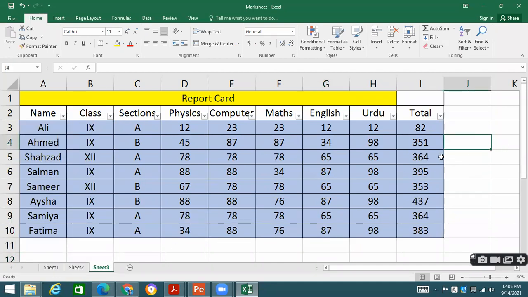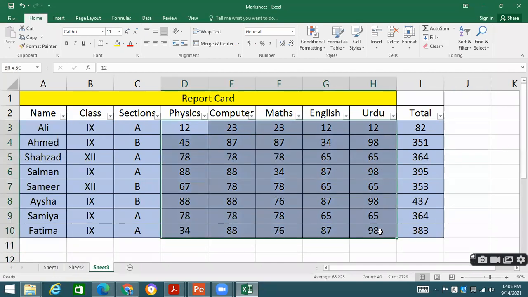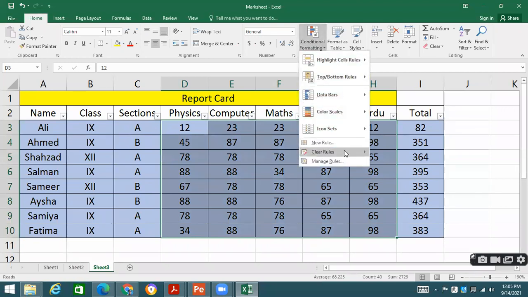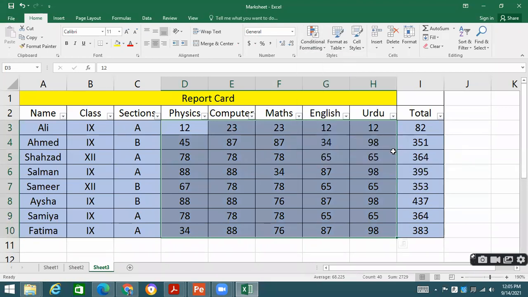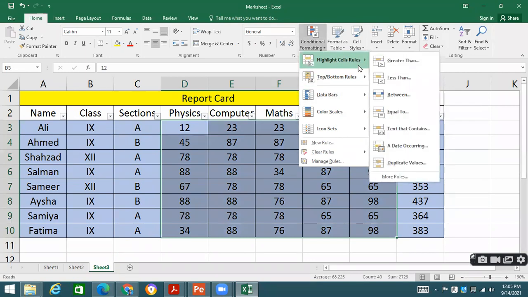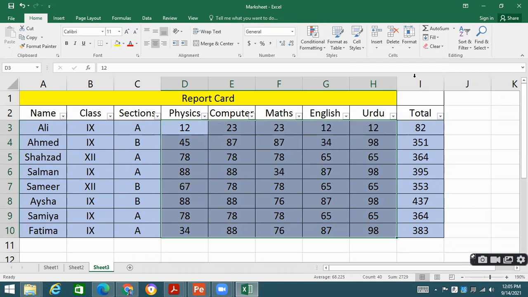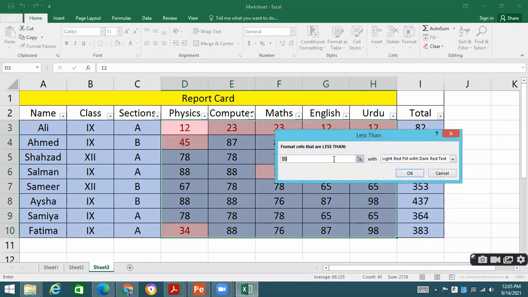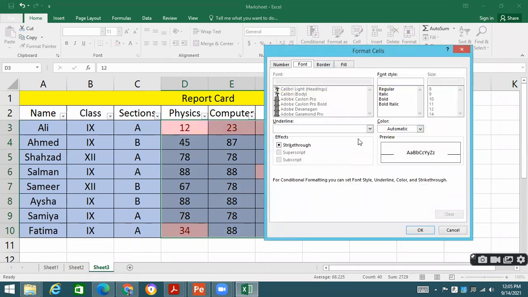Okay. Now see, this is the area. I select this. I go to clear rules from the cells. I apply again. Select this. Go to conditional formatting. Highlight cells, less than what? Less than, I am saying less than 40. Which color? I go there, I say that I will select myself, custom format. I say that it should be bold. Okay, it should be bold.